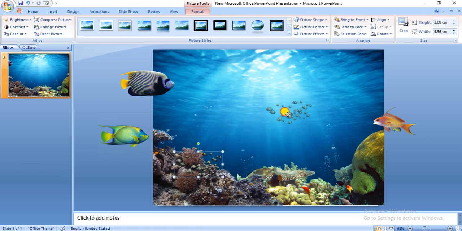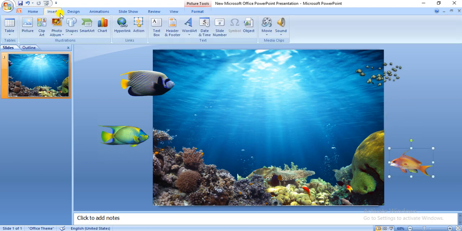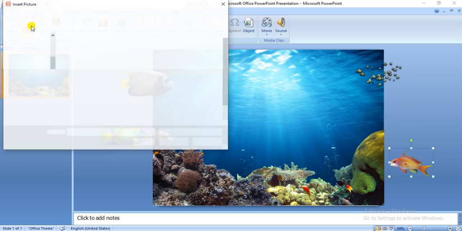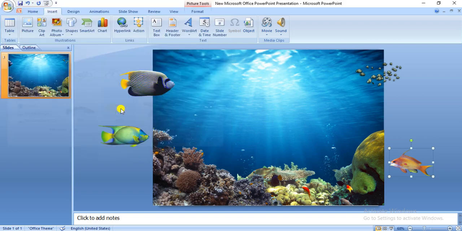And you can adjust the width and height according to your requirements. So I'm placing the images little outside the slide so that we can make a good animation out of it.